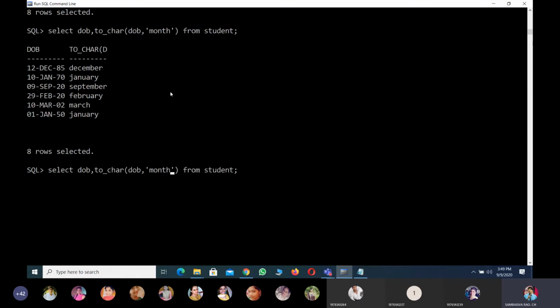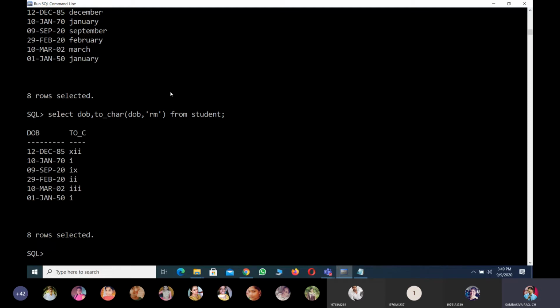To print the month in Roman letters, we have to use the attribute name RM. It gives month numbers in Roman letter digits. Is it fine? RM stands for Roman letter format month. So year over, month over.